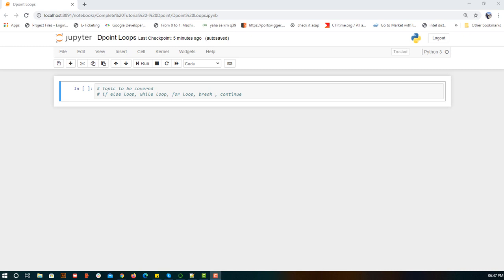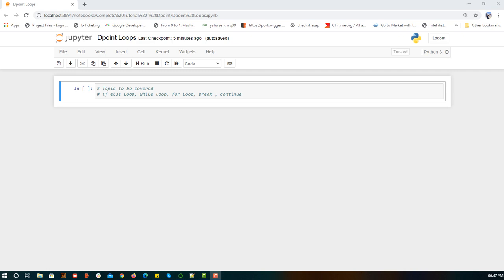So after this, now we are going to understand the different types of loops that are there in Python. It is common for all languages, but for now our focus will be to understand the syntax in Python. If you don't know about the other languages, that is also fine, we'll cover that.